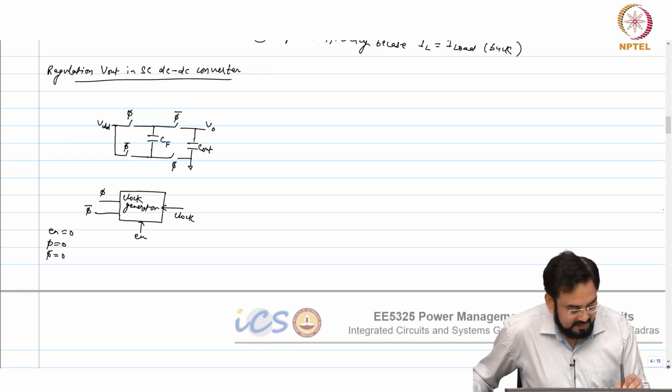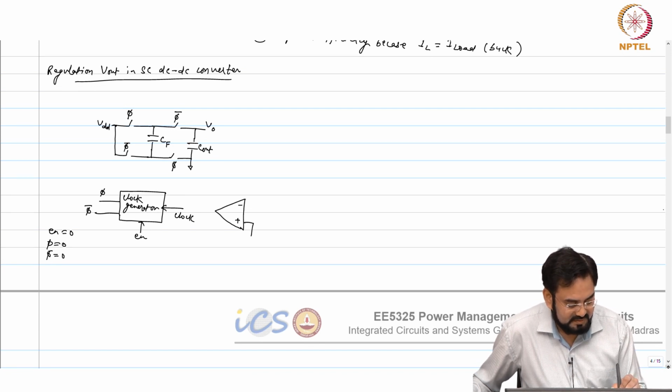So now if I have a comparator, minus plus, Vref.